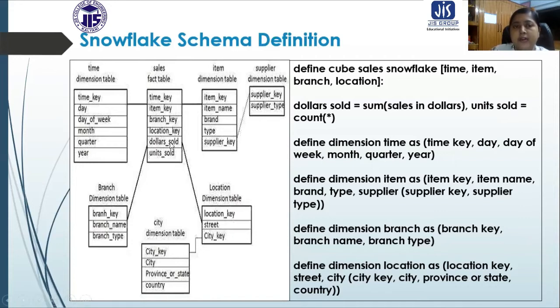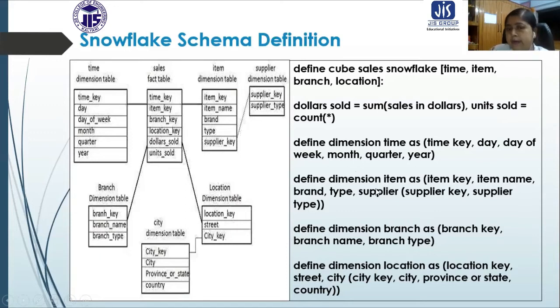Because dollars sold and units sold are facts, but they do not come from all the tables. The dollars sold come from some tables, and the units sold come from other tables. Units sold can be coming from the item table, basically the count star of the item. So this is how the data is collected.